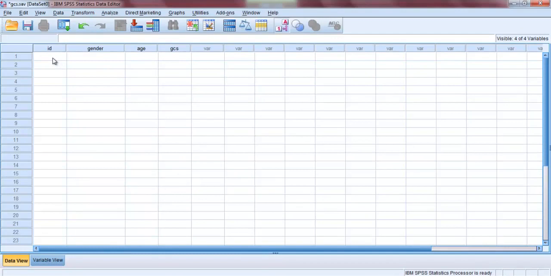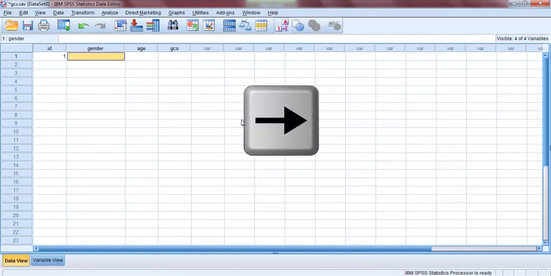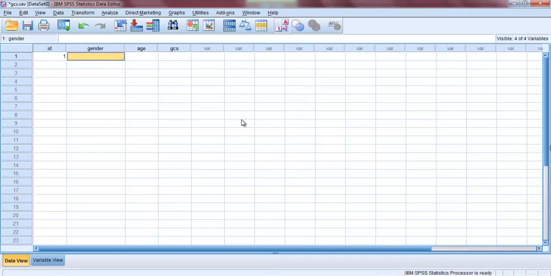Click on the first cell of the data set, which is first column, first row. Type in the number. If this variable is ID, this should be 1. Press the right arrow key on your keyboard. This will move the cursor into the second cell, ready to enter your second piece of information for the case number 1. Move across the row, entering all information for case 1, making sure that the values are entered in